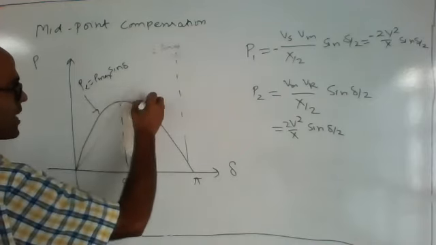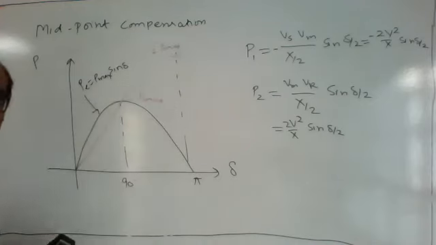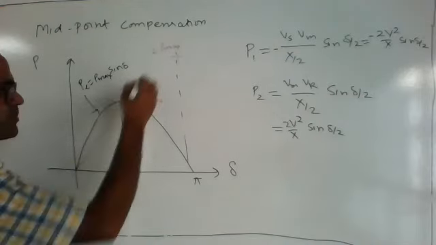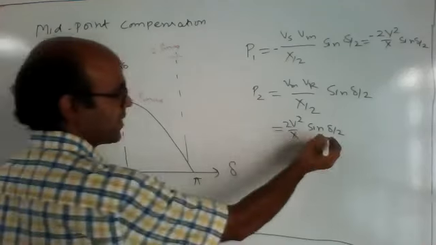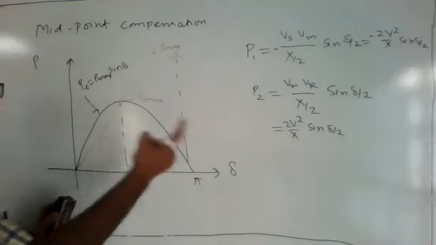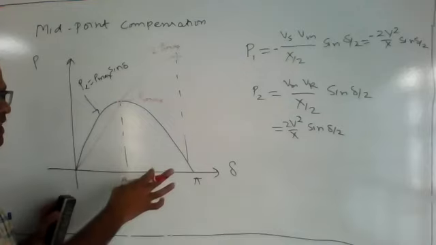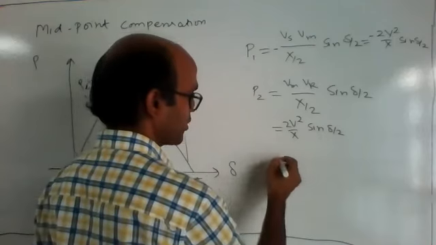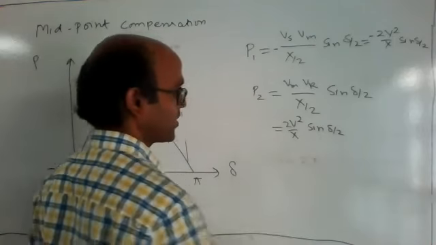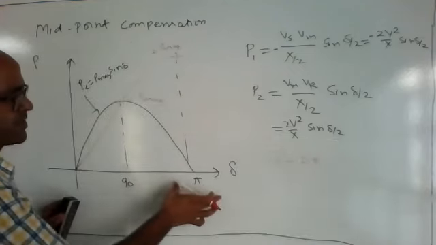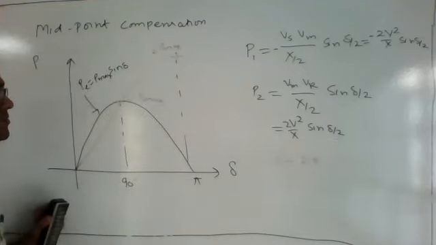This value is P max, this point is P max, so this is 2 P max, and it is delta by 2. So its period is up to 2 pi. The first half cycle is repeated over the duration 0 to 2 pi due to this delta by 2. So there is an expansion, and it is going up to 2 P max.